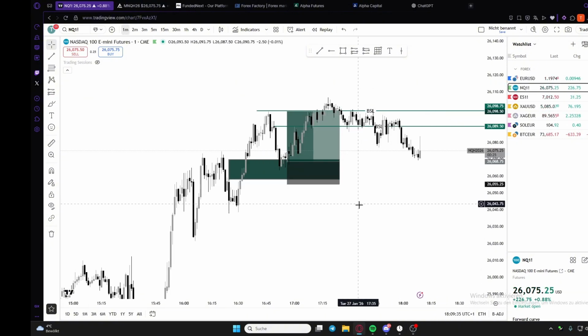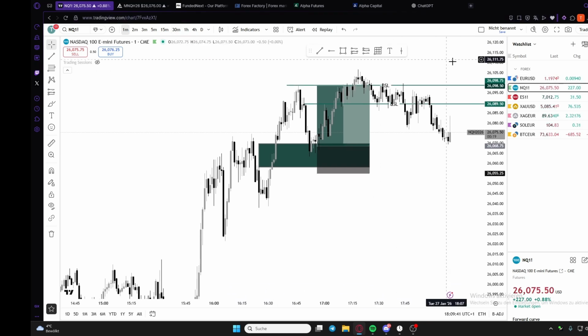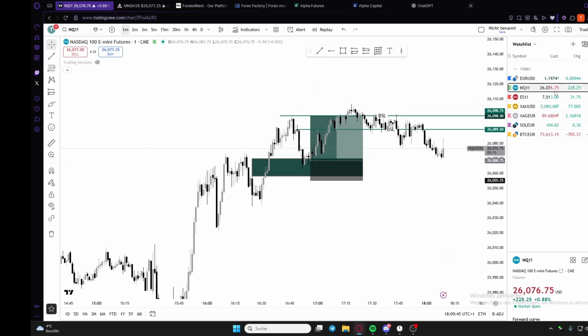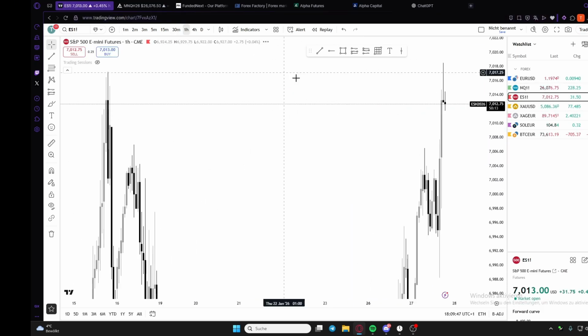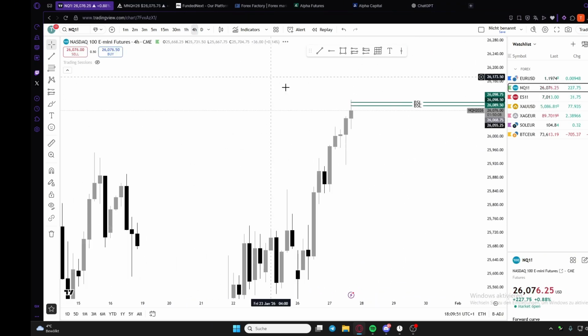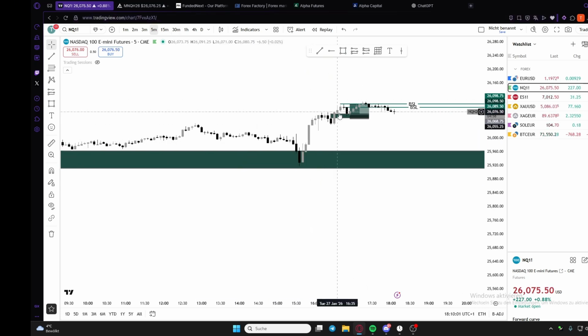Alright, guys, we are back, and unfortunately I forgot to record. I'm sorry. But let me break it down for you. I hit my take profit. I took this trade. First of all, we had this NQ setup, right? Our focus was on this NQ setup with the 4-hour and everything going on, but unfortunately we didn't get the 5-minute break that I wanted. So I didn't take this trade.